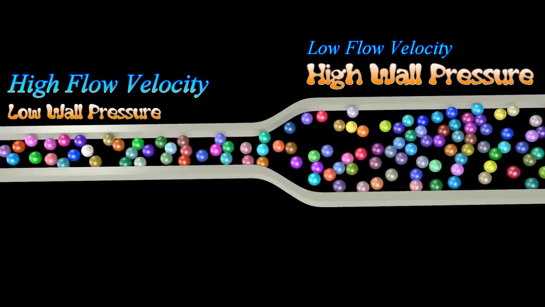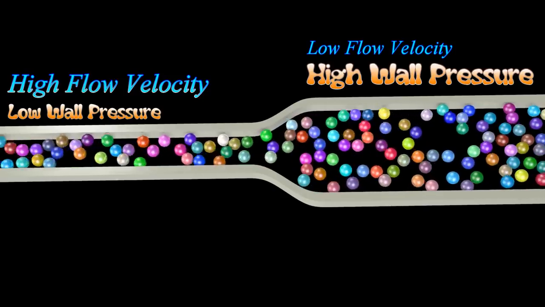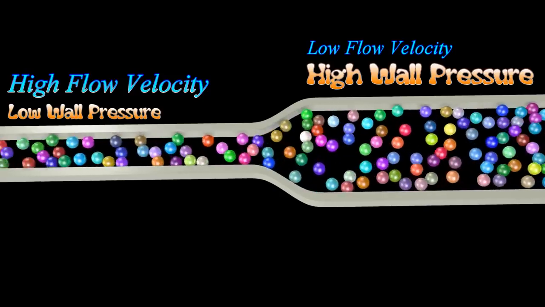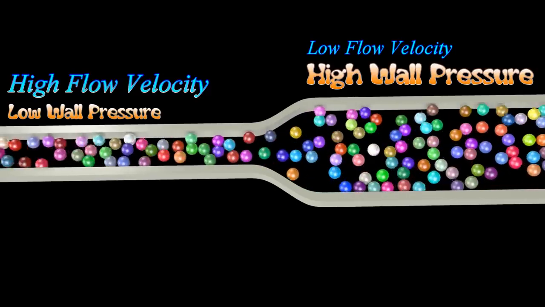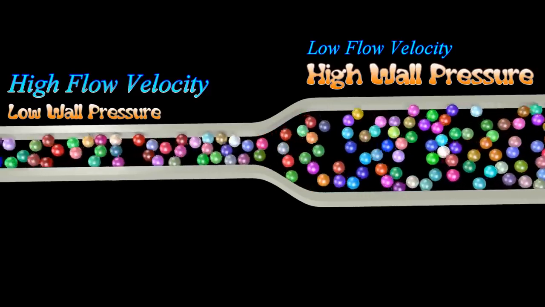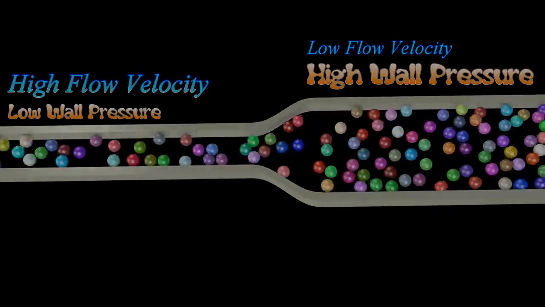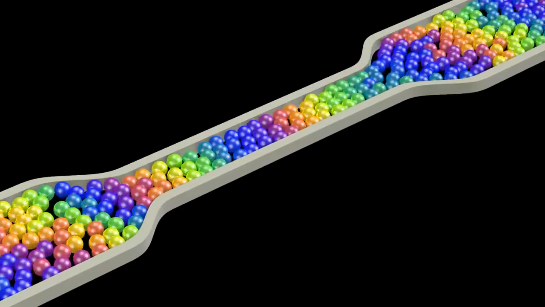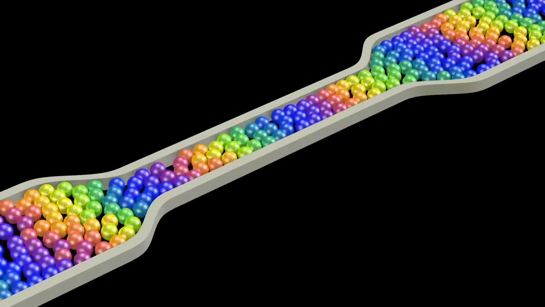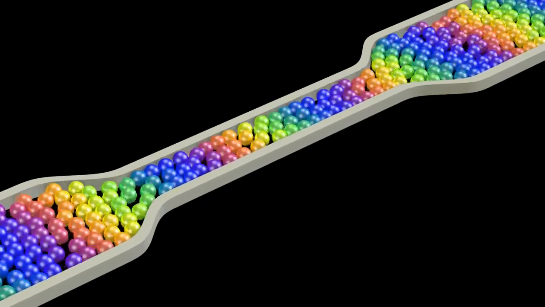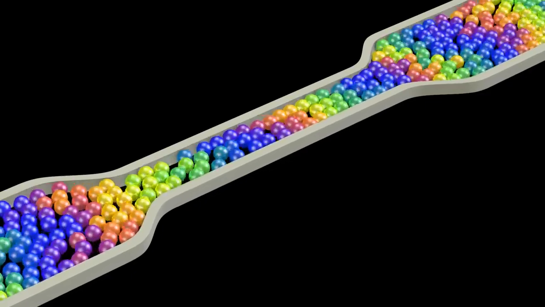The problem with these explanations is that there is no reason to expect an atom with a higher velocity to exert a lower pressure on the walls of the pipe. We should expect just the opposite of the Bernoulli principle, since an atom with a higher velocity would have a higher kinetic energy, and therefore exert a larger force on the pipe walls rather than a smaller one. So what is actually happening?